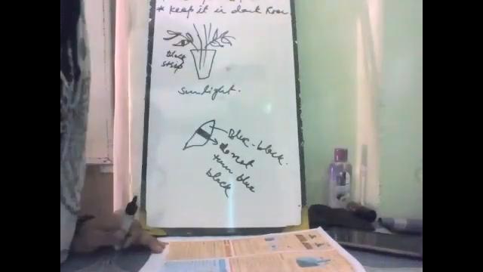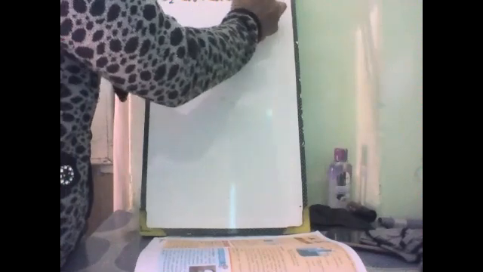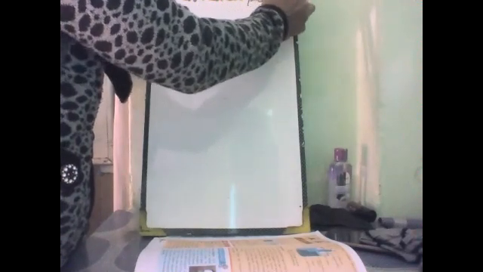Now, activity 7. In this, we show that oxygen evolves during photosynthesis. What we have to do: we need a large beaker, a funnel, a test tube, sodium bicarbonate, and a fresh aquatic plant, hydrilla. We need all these things for this experiment.